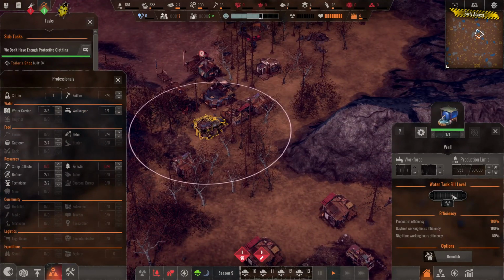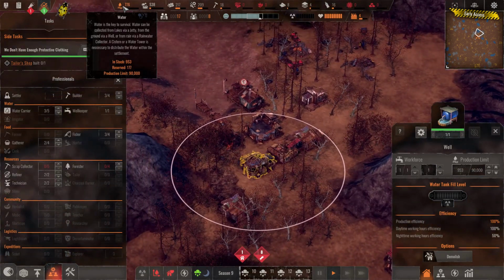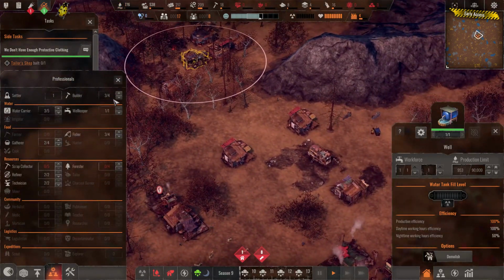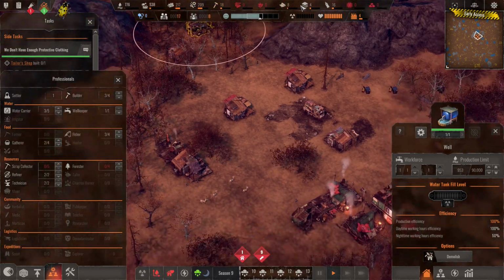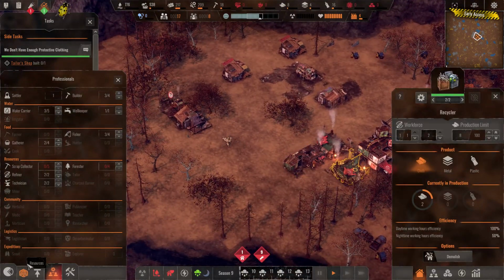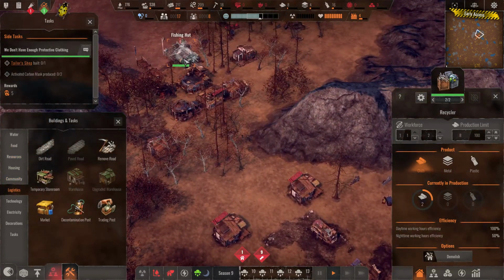Okay, hopefully this is going to do something and help us with the water situation, which is already getting quite low, down from 1000 plus to just 770. And I do have 3 free builders at the moment. I don't really need more scrap, but I do need more of this cloth, which the recyclers should take care of. And like I said, I do need that extra well,